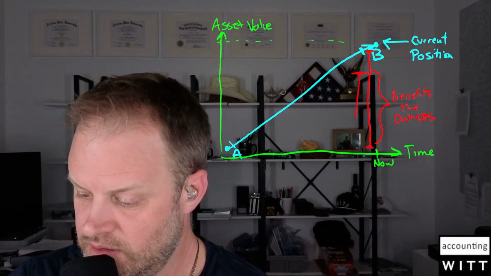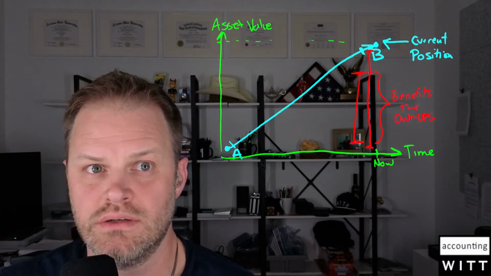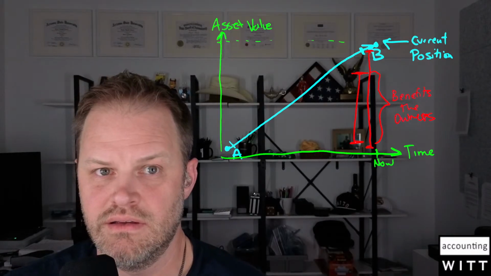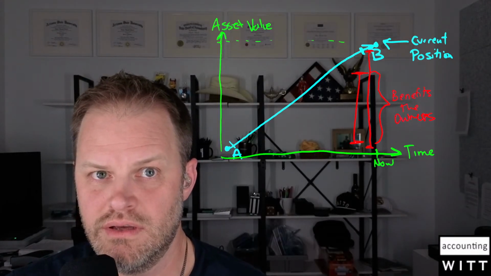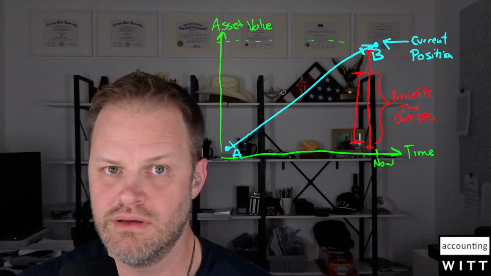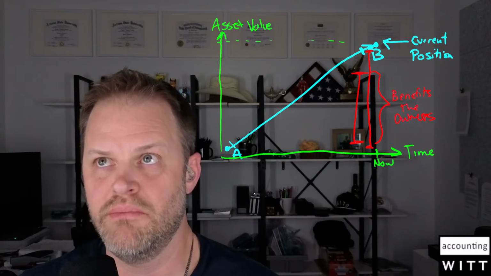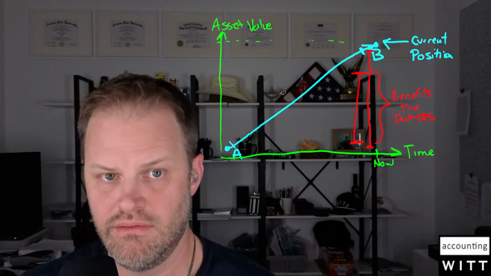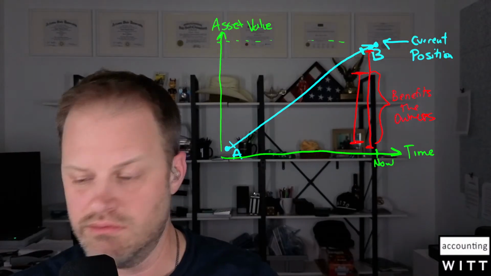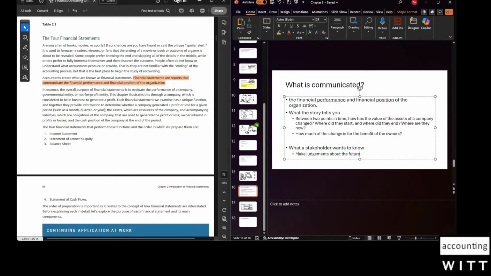So this is how much of the change of assets is for the benefit of the owners, and what is the current position of the assets in terms of their value. That is what the financial statements primarily are communicating. All right, so I like that. That's cool. This is my first time trying that. All right, so